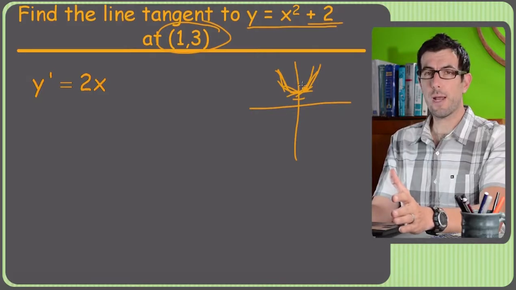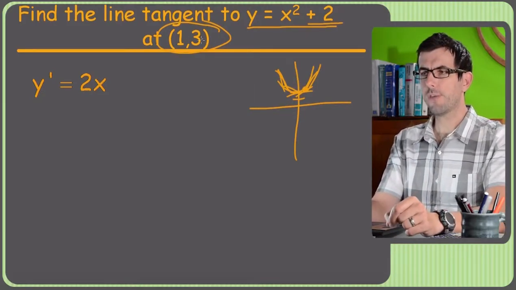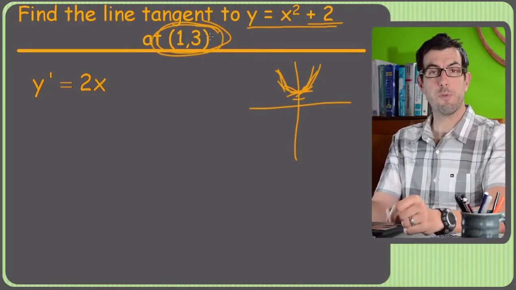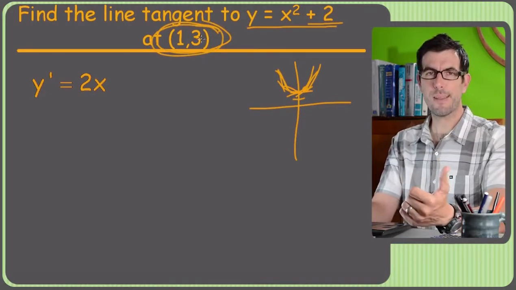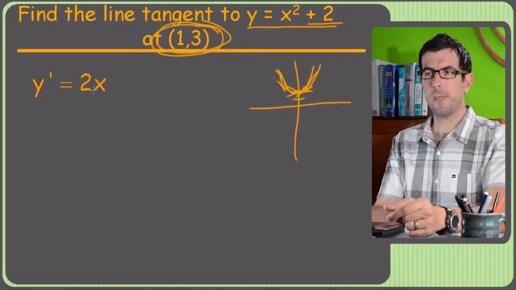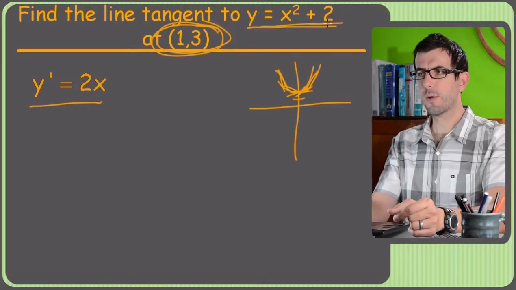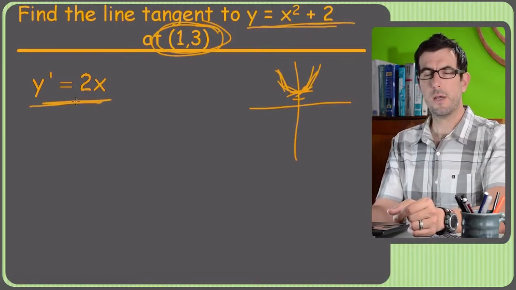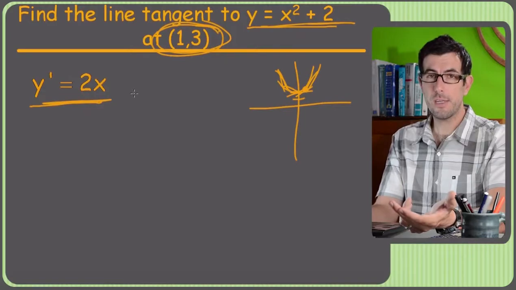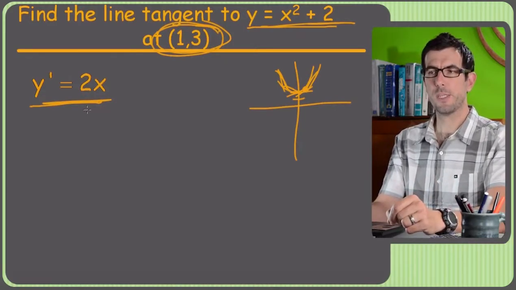We don't even have to look at the graph. We just kind of know this is going to be a plug and chug situation. All right, so they've already given us a point, which is great. If you're plugging into point slope form and you have a point, that means the only thing you need to get is slope. That's what we use the derivative for. Now, if you know the power rule, you'll know that the derivative of this function, x squared plus 2, is just 2x. Or if you even use the limit definition, and it took you a long time, you figured out the derivative was 2x. So once we have that, we can just plug in x equals 1